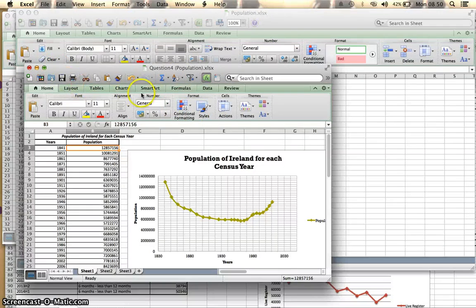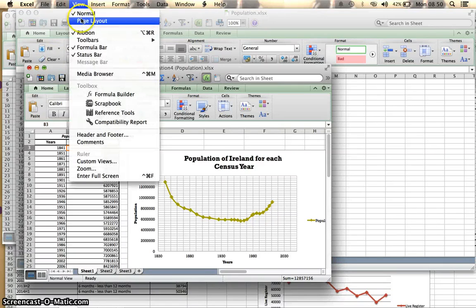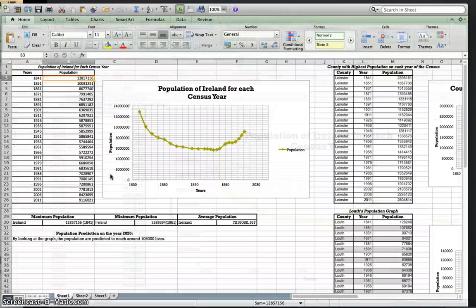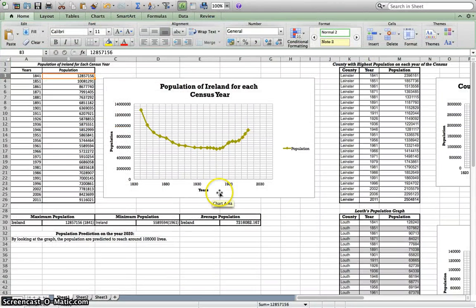Or if I can full screen view, enter full screen please. So this is my population of Ireland. For the total population of Ireland for each census year, I use the Excel formula, which is sum. So I take the year 1841, I do the query first, which is